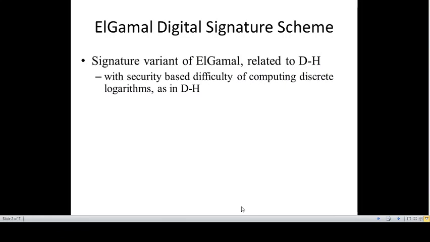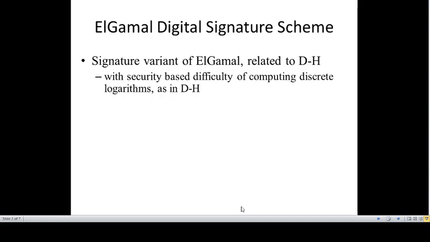So the first thing is that this Elgamal digital signature scheme is related to the Diffie-Hellman key exchange algorithm that you have studied, right? That is, it is based on computing discrete logarithms. So what are discrete logarithms? Finding the primitive root of a given prime number. A particular number is a primitive root when you compute the power modulo operation and it gives you all the distinct integers from 1 to p minus 1 in some permutation, right?